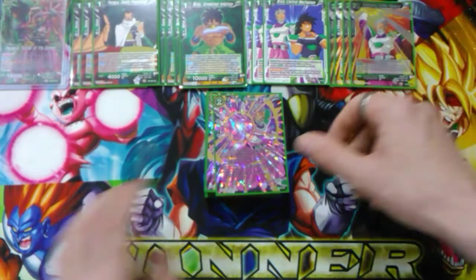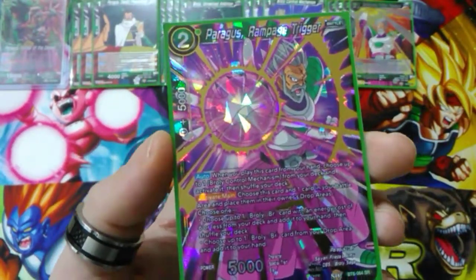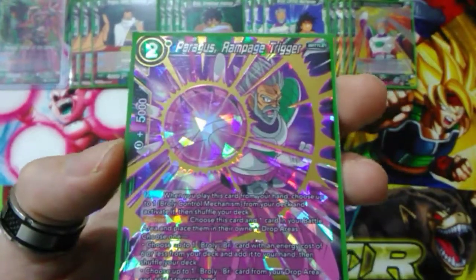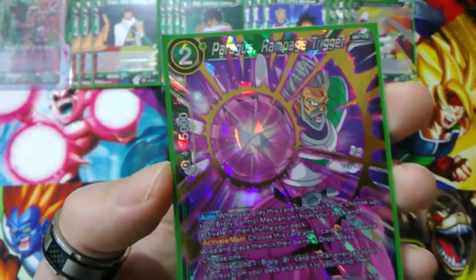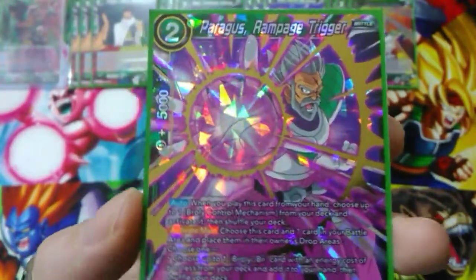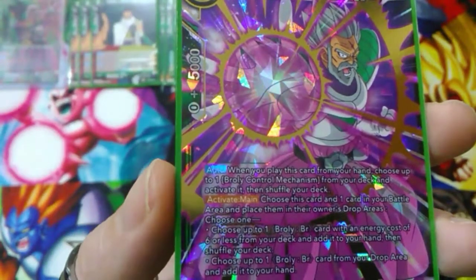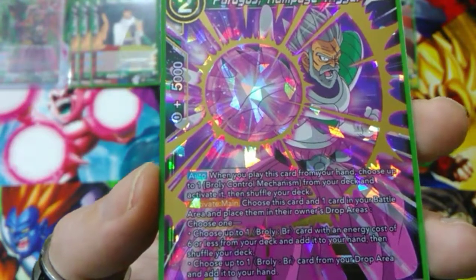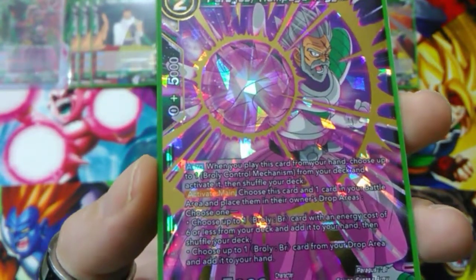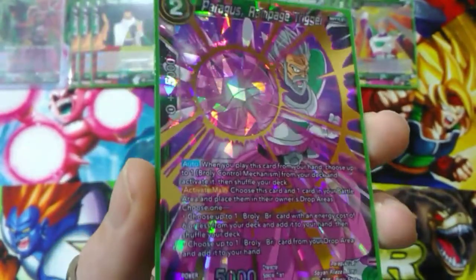And then next up we've got Paragus Rampage Trigger, so 2 green energy cost on him, and he comes in very handy if you really want to trigger off that Broly chain yourself, and you can't find any control mechanisms, and your opponent's avoiding KOing your Broly, so you can't evolve him. You can pull this guy out, and what he does is when you play this card from your hand, you may choose up to 1 Broly control mechanism from your deck and activate it straight away, and then shuffle your deck. So pretty much triggering Broly off straight away